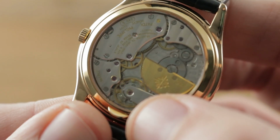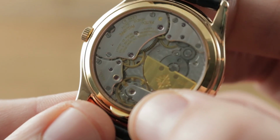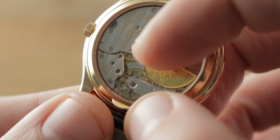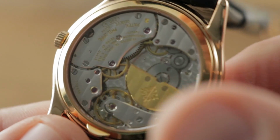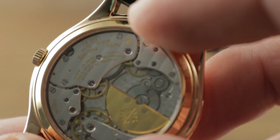The Gyromax style free sprung balance is adjusted in 5 positions like a chronometer, and thanks to the free sprung architecture with variable polar moment bolts on the rim, you adjust the timing by using those bolts, by changing their poising, and thus it is a more shock tolerant regulation system. Let's get a little bit closer. You can see the old school Poinçon de Genève and this 27 jewel movement,